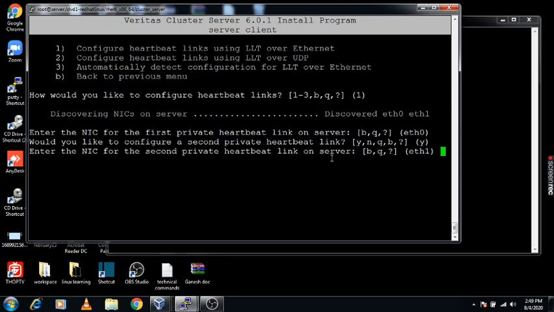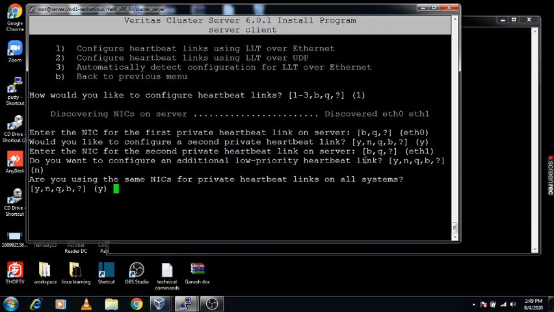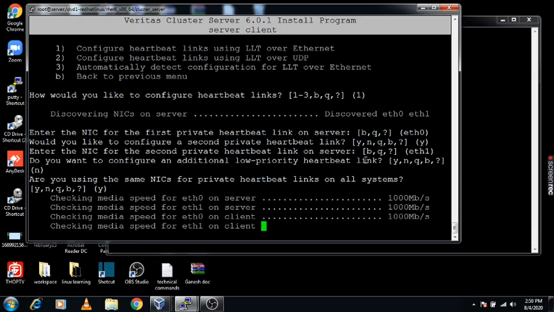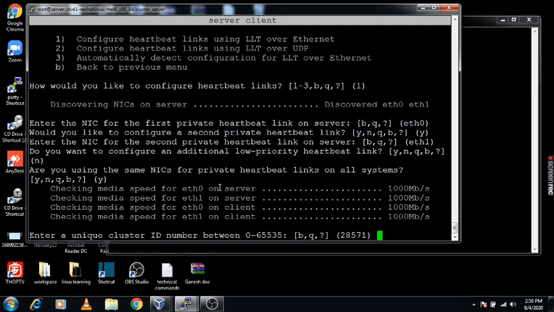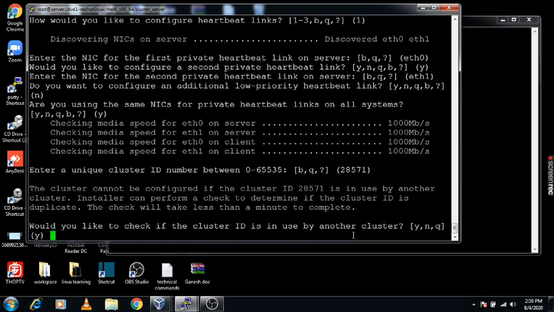The second one is auto detected, eth1. Do you want to configure this low priority heartbeat link? No. Are you using the same NIC for the private heartbeat link on all the systems? Yes. Now it's checking. On both servers it detected eth0 and eth1. Now it's asking to enter a unique cluster ID number. By default it is taking 28571. Would you like to check if the cluster ID is in use by another cluster?